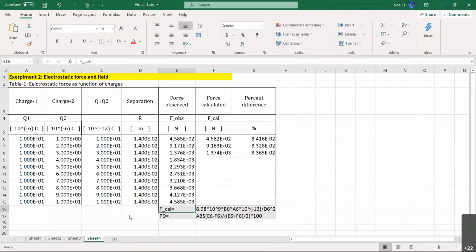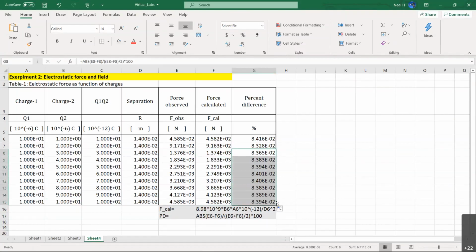So all those are the observed electrostatic forces between the charges. Now, to get the calculated values, all you have to do is click this and drag. That will do the calculation for you automatically. See, I can do this whole table and then hold this part of the simulation in 5 minutes. So you can save a lot of time if you really practice how to use Excel. Otherwise, if you perform this with your calculator, you have to spend maybe half an hour, because for each one you have to do the calculation again and again.